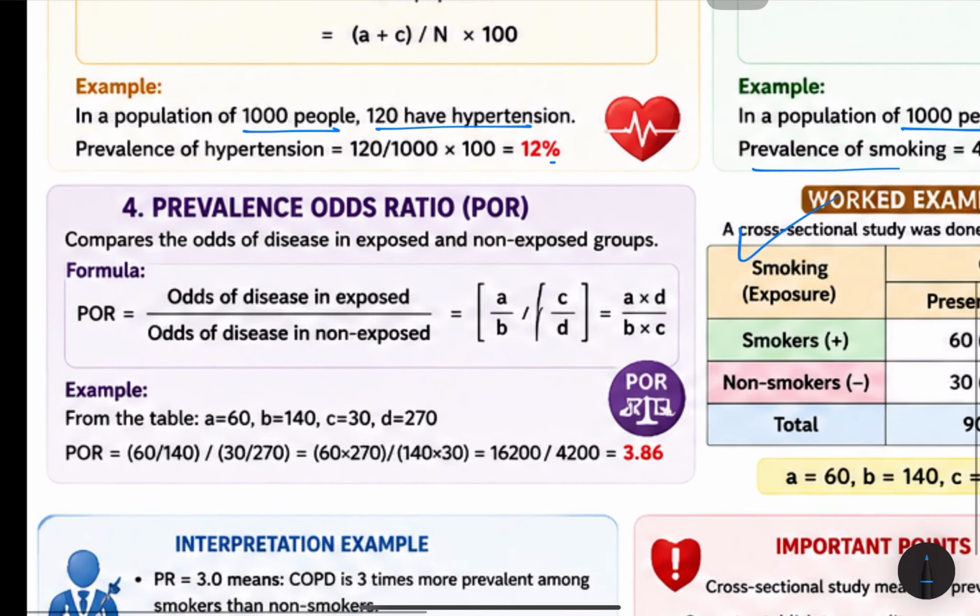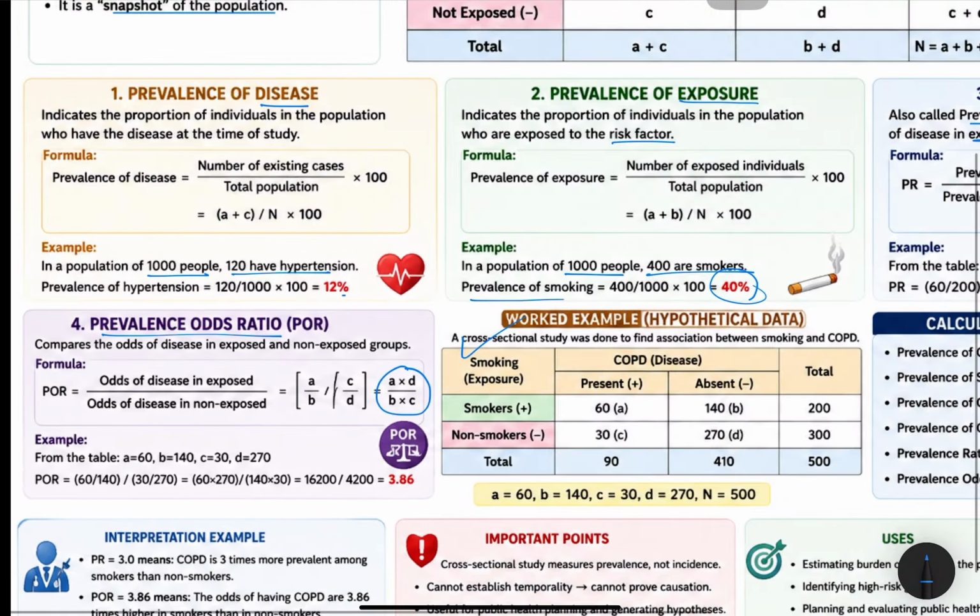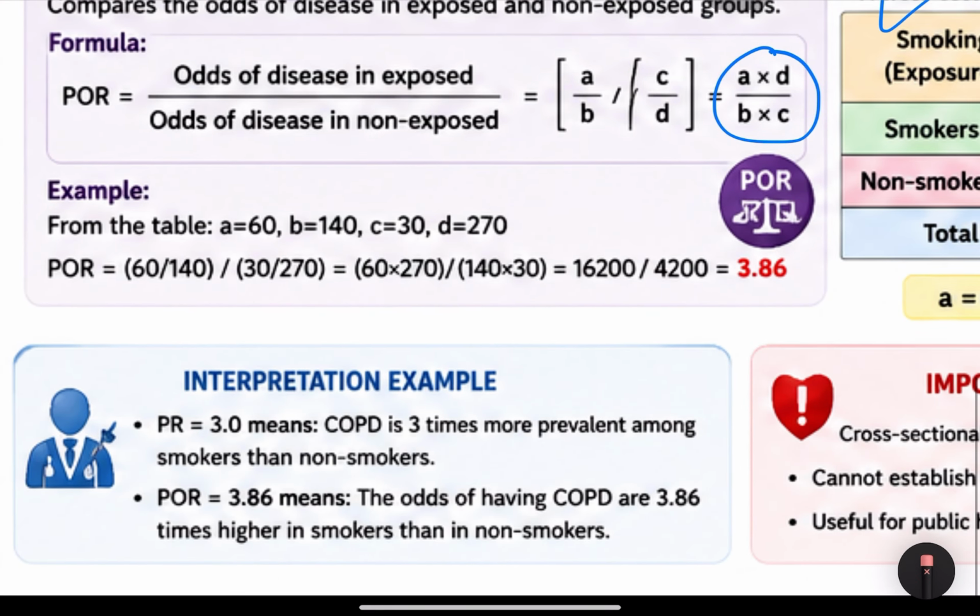Okay. And the fourth thing is prevalence odds ratio. So here we will calculate the odds ratio. As we discussed in the previous video, we will multiply A into D and C into B. So we will get the odds ratio, that is prevalence odds ratio, which is 3.86. Okay. So what are the interpretations of prevalence ratio and prevalence odds ratio? Prevalence ratio is 3, which means COPD is 3 times more prevalent among the smokers than non-smokers. And prevalence odds ratio is 3.86, which means that odds of having COPD are 3.86 times higher in smokers than